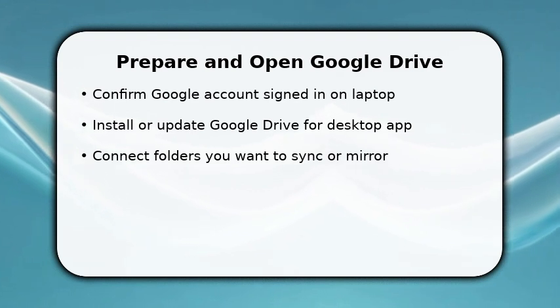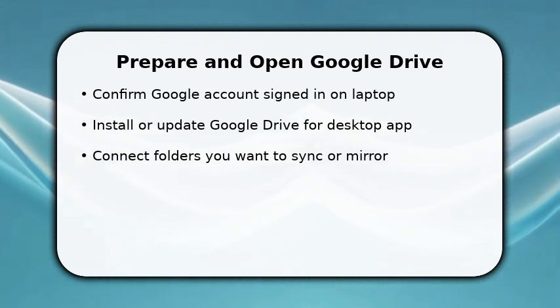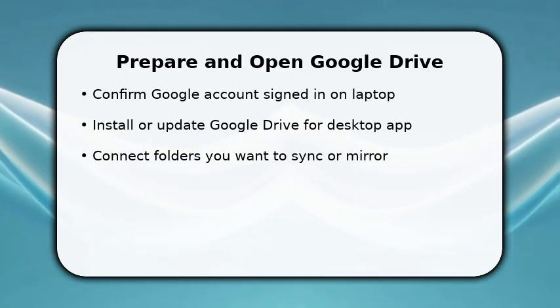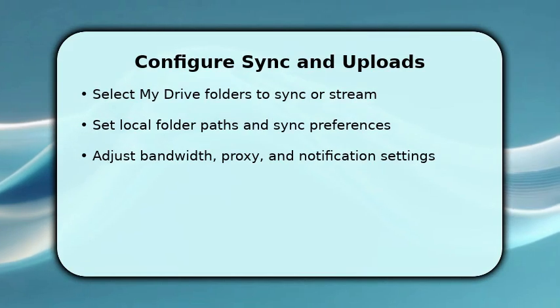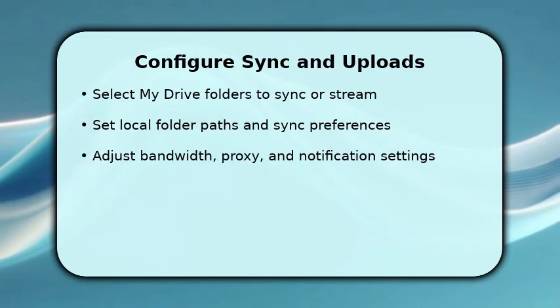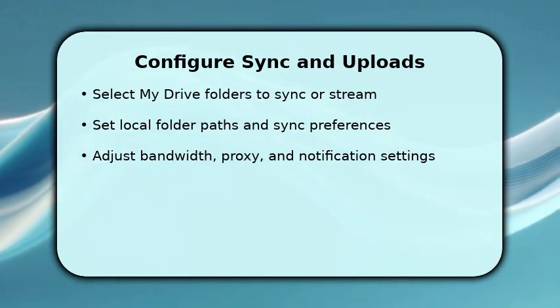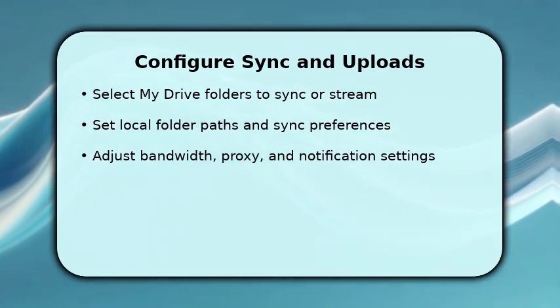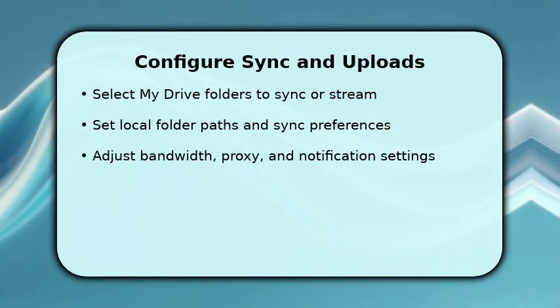Now configure which folders transfer between cloud and laptop. Open Drive Preferences and pick specific My Drive folders to stream or mirror. Once you've selected folders, map local folder paths for backups and decide whether to sync all files or only chosen